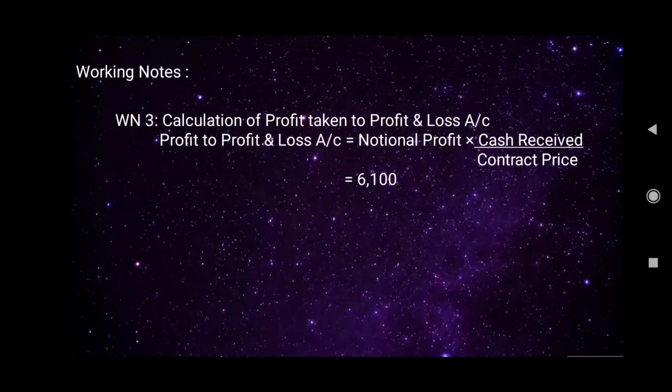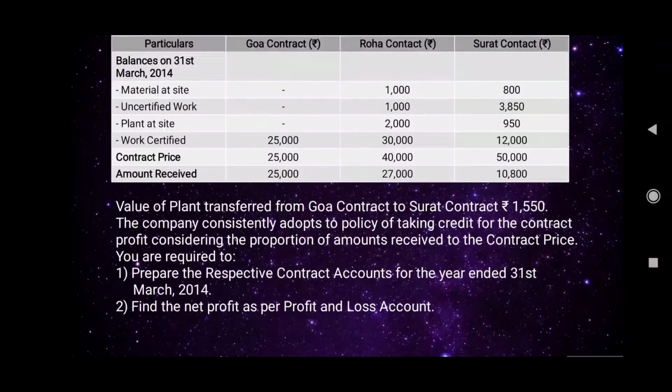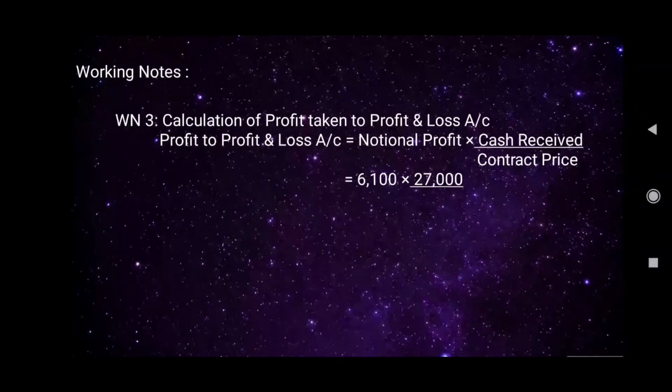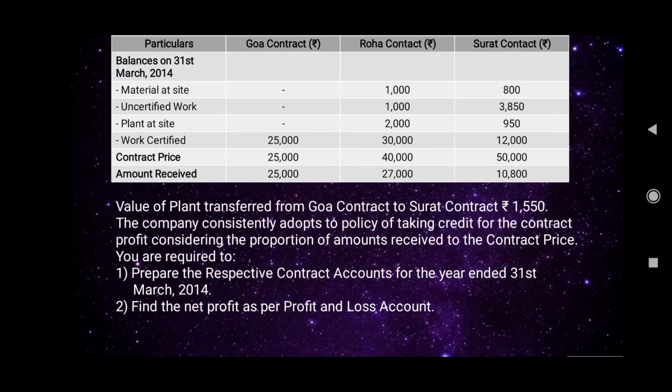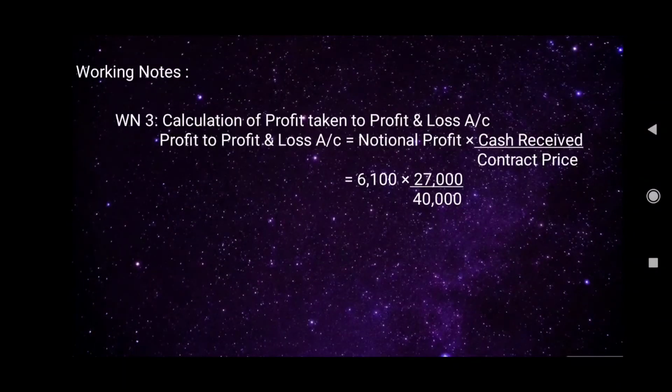So we'll record it rupees 6100 into cash received. So the cash received amount is given as 27,000 for Roha contract. So we'll record it 27,000 divided by contract price. So the contract price for the Roha contract is given as 40,000. So we'll record it 40,000, which is equal to rupees